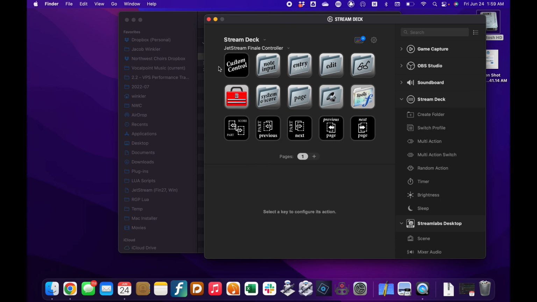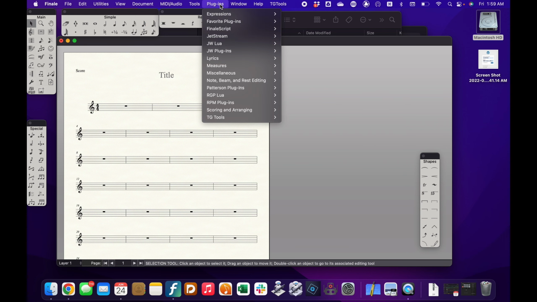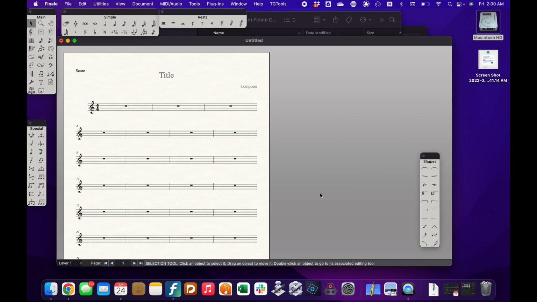Okay, now the other thing that happened is behind the scenes, it installed a new item into your plugins folder. So I'm going to go ahead and open up Finale 27. There we go. Now, when I go and look in the plugins, there is now a JetStream menu item, which contains JetStream Finale controller. Now, I can use the JetStream from my Stream Deck, but there's also a nice, cool way that you can interact with JetStream now. Let's go ahead and put in some notes,